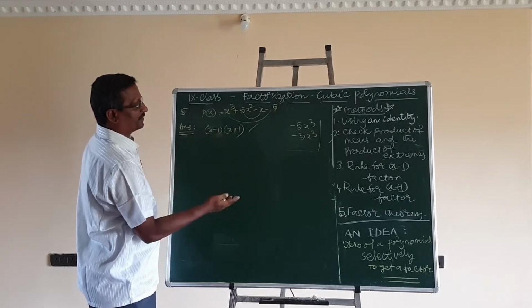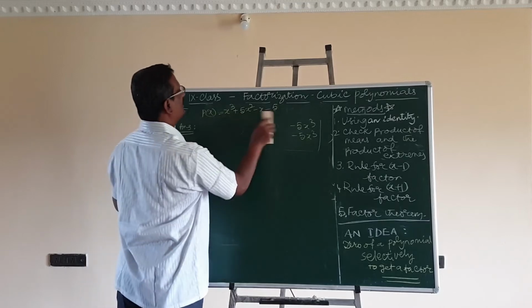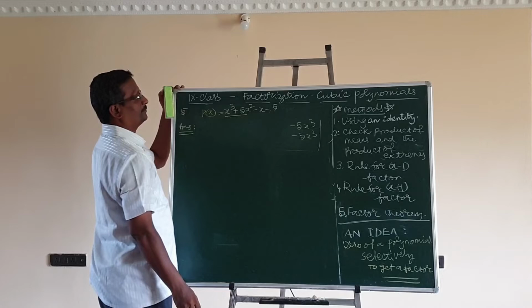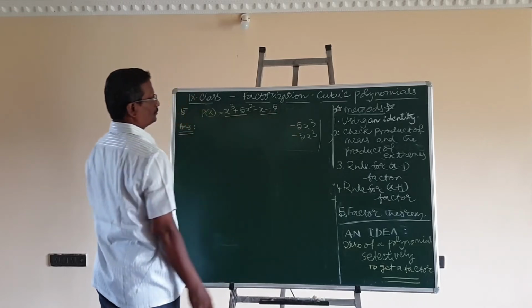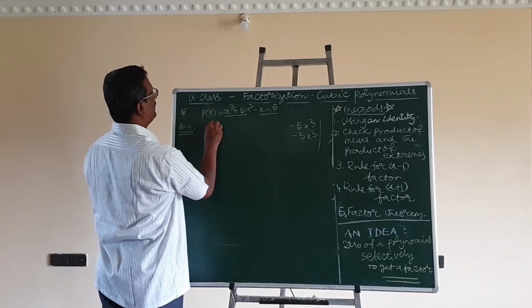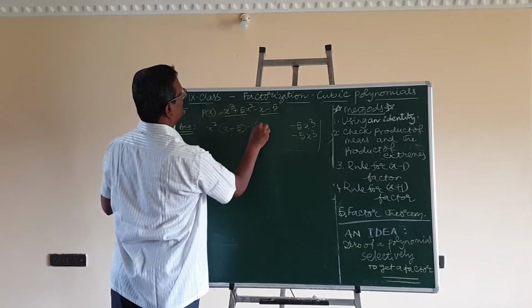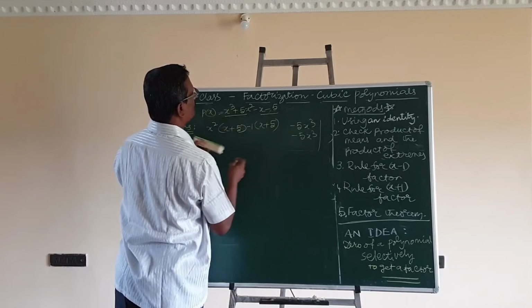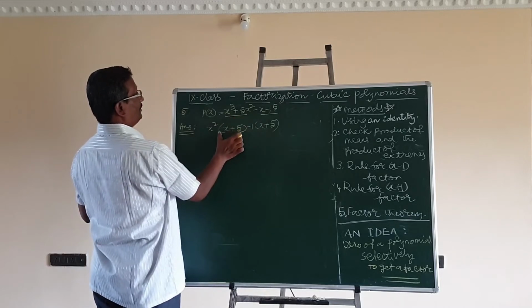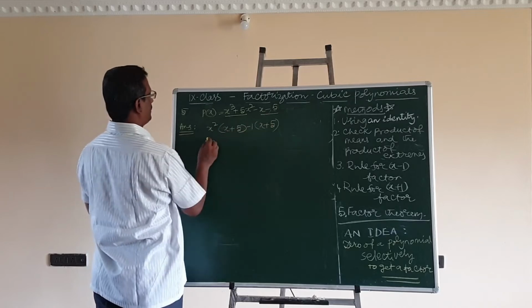So we can use any one of the methods, but best and suggested method and easy method is directly factorization. That is, from the first two terms take common factor, from the next two terms common factor. It is the most easy way: taking x square into x plus 5 minus 1 into x plus 5. So easily we are getting one factor, that is from the first products, from the second products, x plus 5 is a common factor.